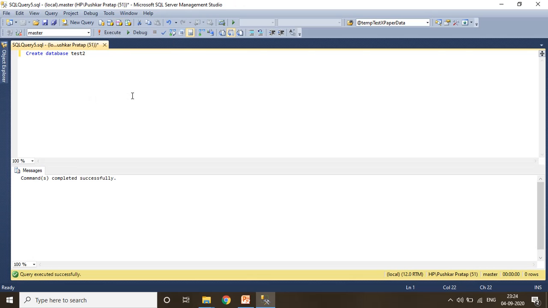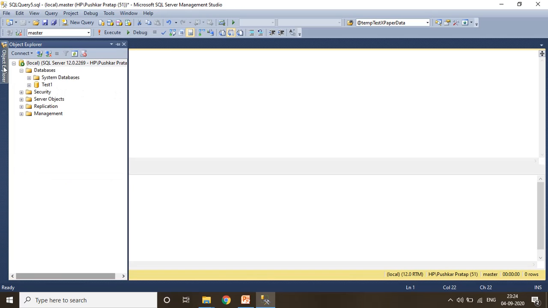To see the database, we will go to the Object Explorer window, the database folder, and refresh it, and we will see the database which we have created just now. Now we have seen how to create a database using both the designer and a query. These two are user defined databases.